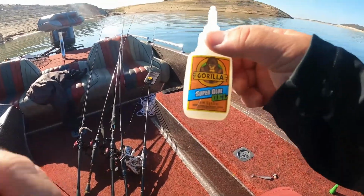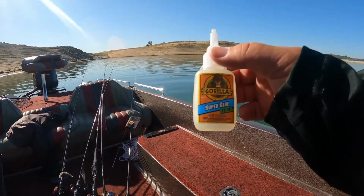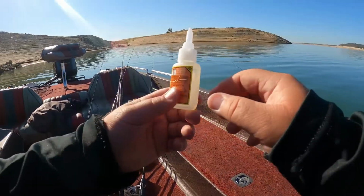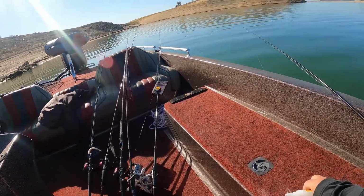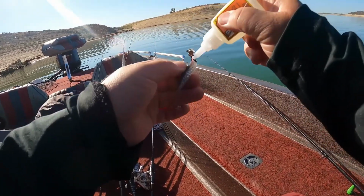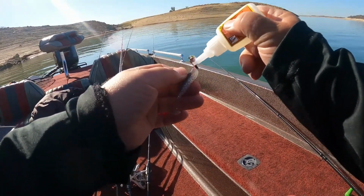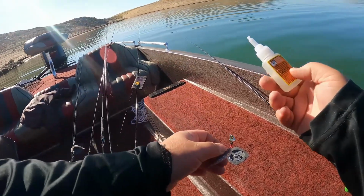He's a fishy. I'm telling you, this is the worst super glue to use right here. Gorilla super glue, this gel. I hate this stuff. Stuck in there, won't come out. I'm going to leave it in the sun for a bit. I'm putting on a little 3-inch Keitech. It's a shad color. I try to use super glue on all my little Keitechs, and this stuff is just...